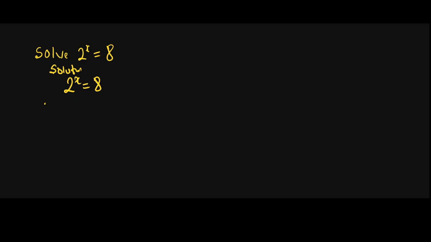Now, you agree that 8 can also be rewritten as 2 raised to power 3. That is, 8 is equal to the same thing as 2 raised to power 3. Then we have 2 raised to power x is equal to 2 raised to power 3. Here you see now that they have the same base. 2 is here, 2 is here, the bases are equal. So since the bases are equal,